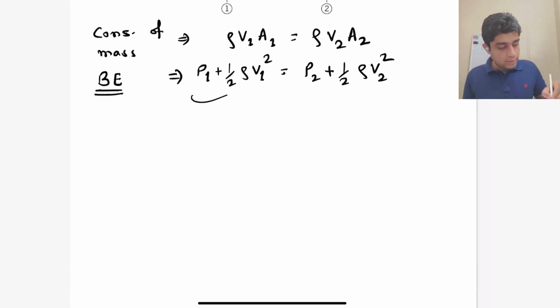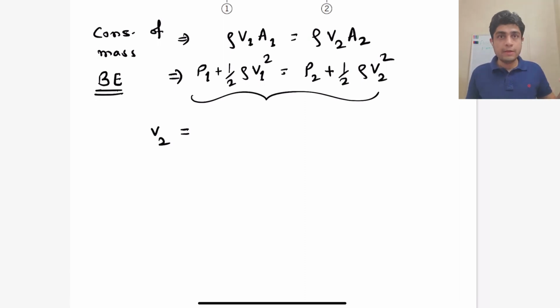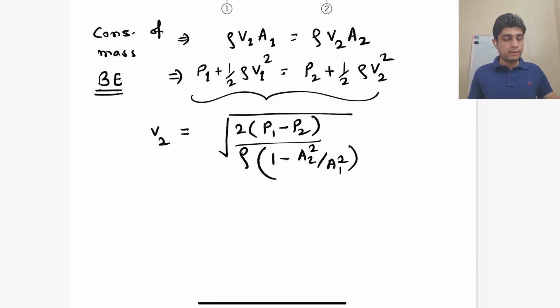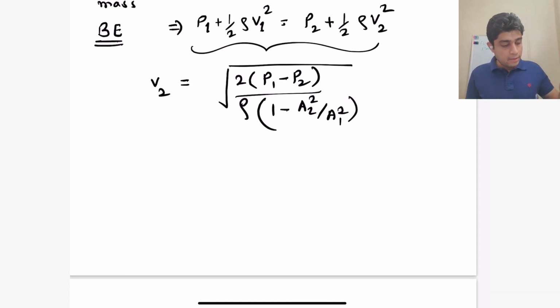So if we solve these two equations, we can find out the expression of velocity at 2 in terms of the pressure difference P1 minus P2, and it turns out to be equal to this formula as I have written on the screen. So now that we know the velocity at point 2, we can find out the flow rate simply by multiplying it with the area. So the flow rate is basically A2 times V2,